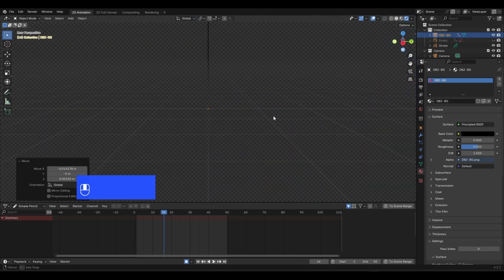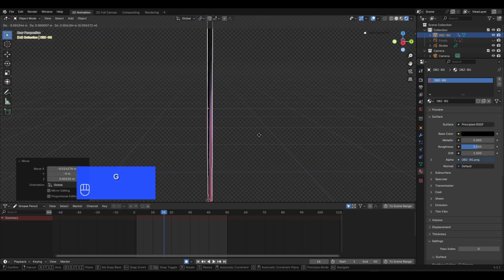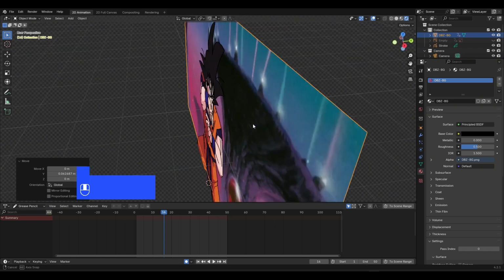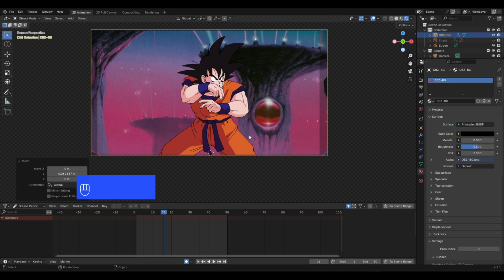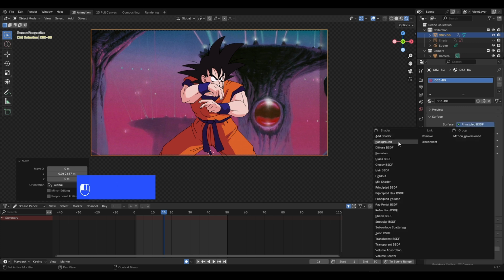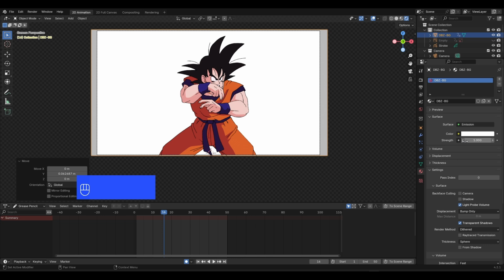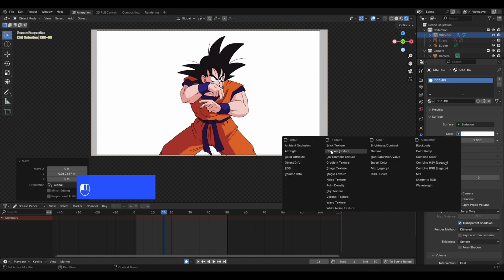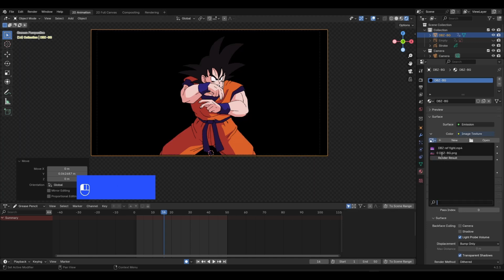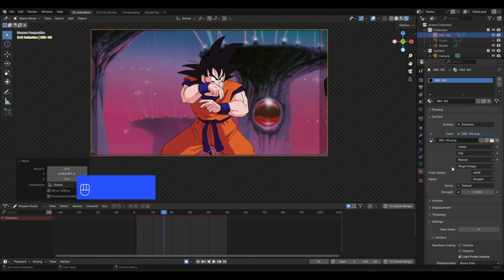And see if I'm not going to push this a little bit back at the back. Let me check the shader. I'll have to check the shader real quick. Principled BSDF, no, I want emission, then image texture. Yeah, it should be alright. I'm closest, and I should be alright if